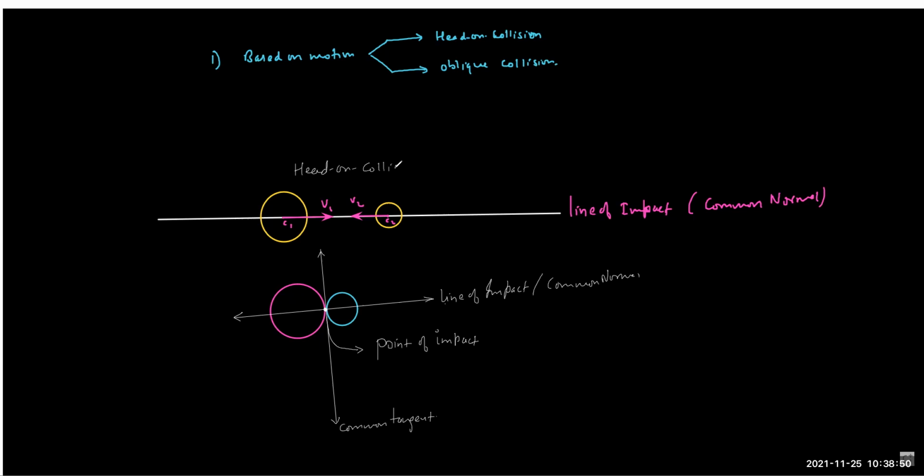So in head-on collision, the motion occurs along a line. That's why we call it one-dimensional collision. The impact will happen along a line, and therefore we call it one-dimensional collision. So that is the essence of head-on collision: that the line of motion coincides with the line of impact. So if you want to put it in words,